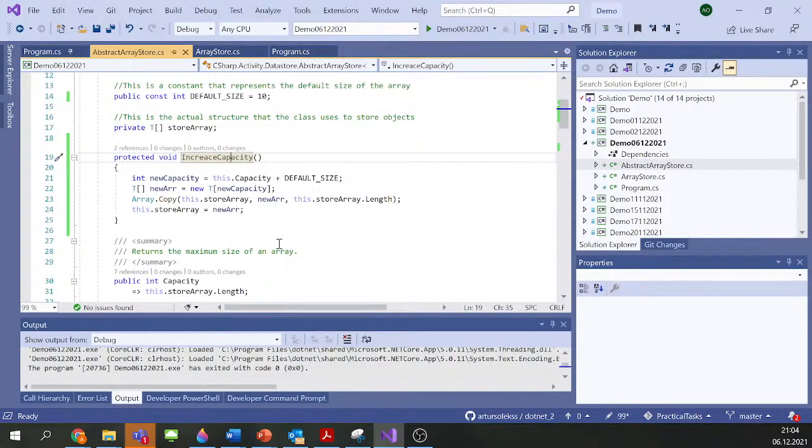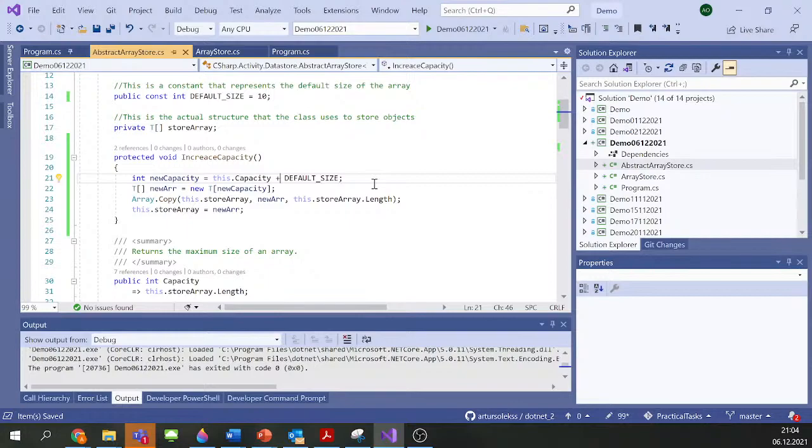And as I promised, the question: why do we increase by default size and not simply by 1? Because in theory we can do this by increasing by 1. But what's the point? Why don't we increase by 1, why do we increase by default size? This is just simply because of the